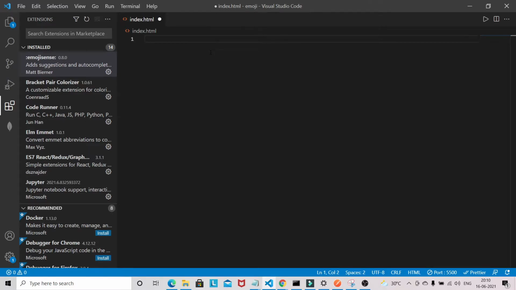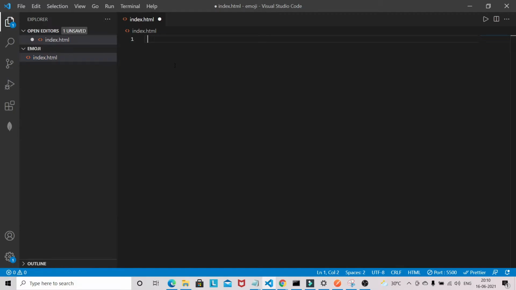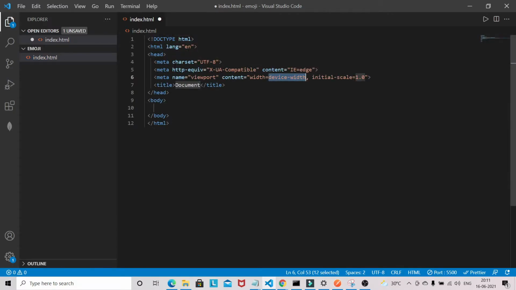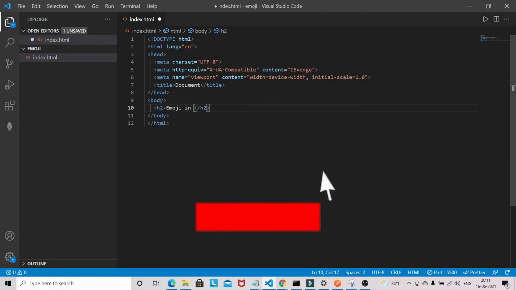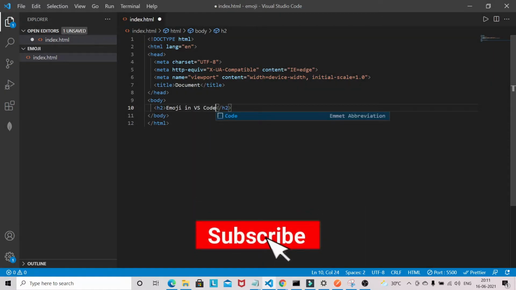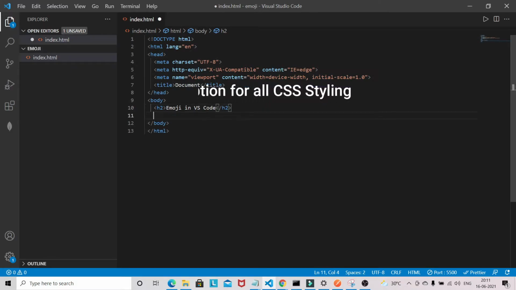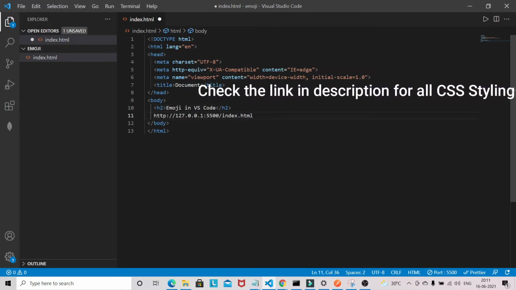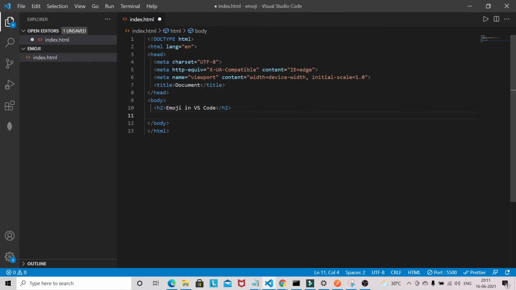I will show you here in a single HTML file, and I will generate some snippet here, and I will give a heading, emoji in VS Code. Okay, and I will introduce the emoji.